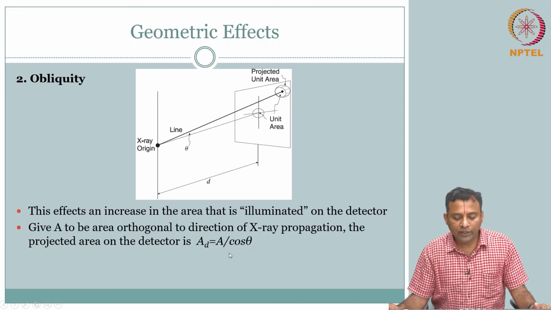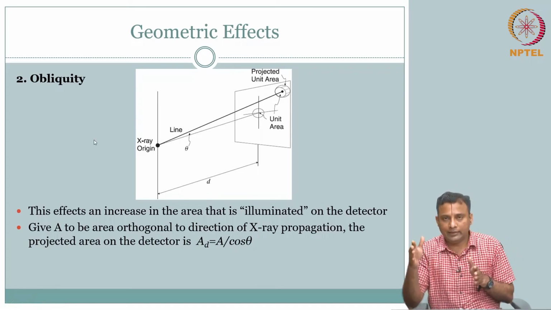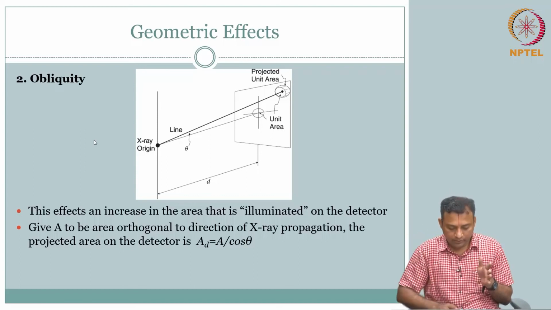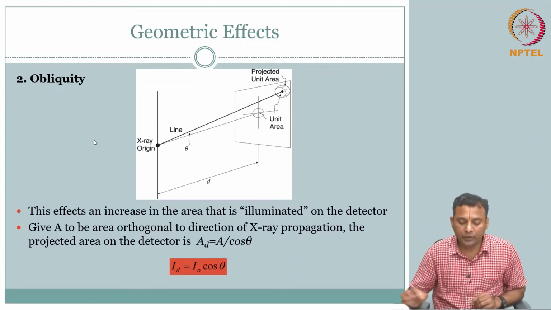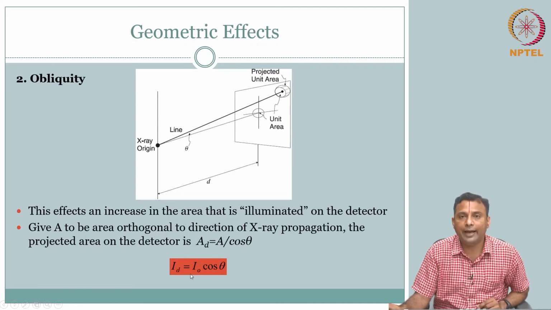So, the idea now is we need to incorporate. One we already had, distance; the other is with the detector. So, we can start to put it together. What we are interested in is our intensity. So, I_D on the detector will be equal to I naught cos theta, right, because this cos theta area is coming in. So, your intensity is going to be varying with respect to cos theta.